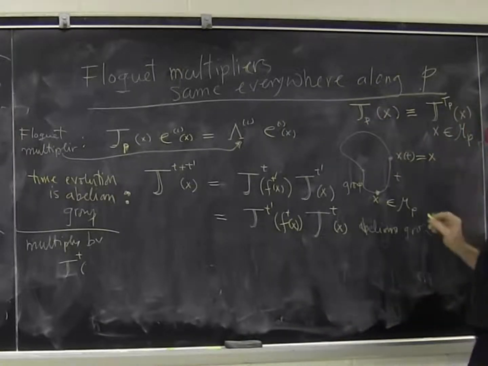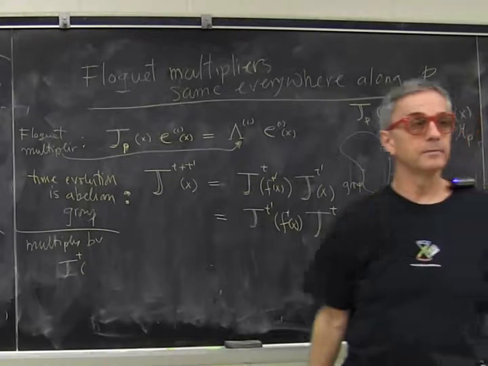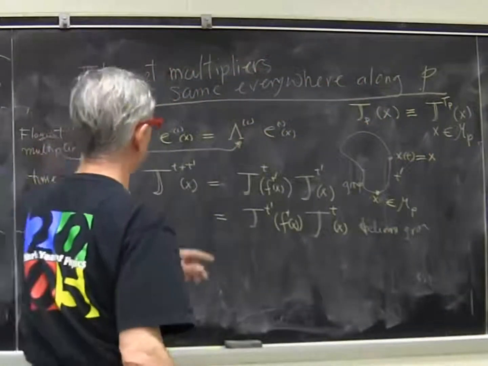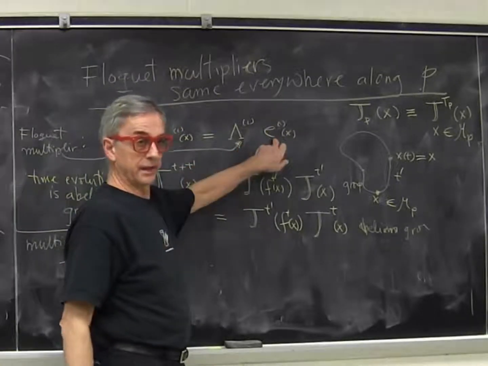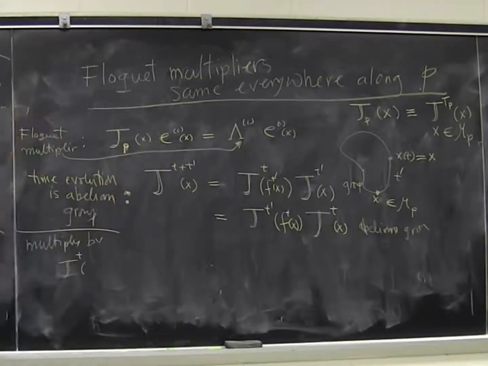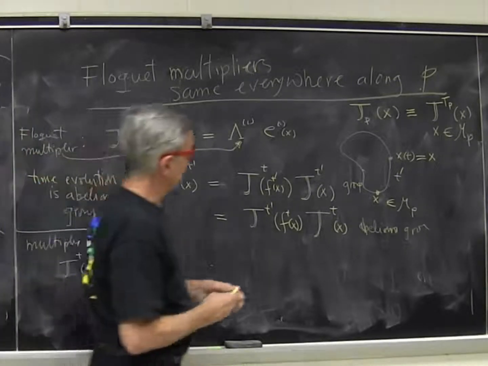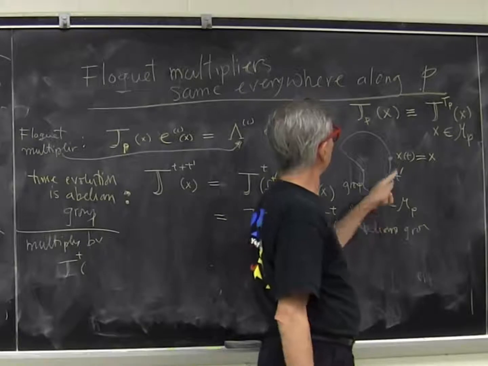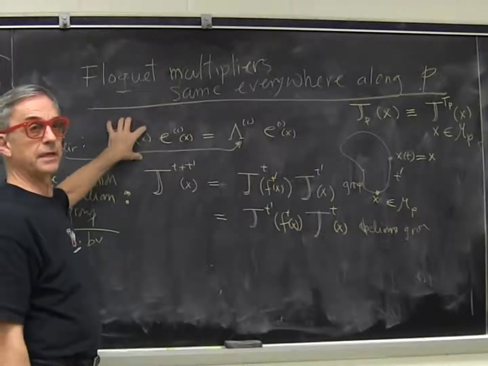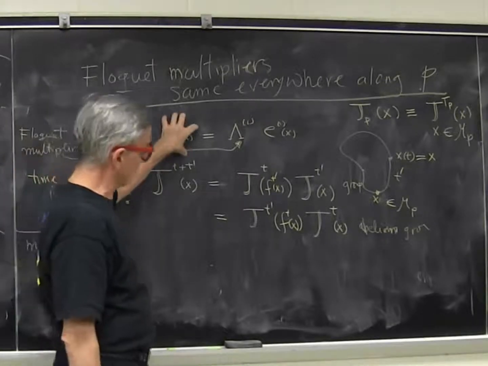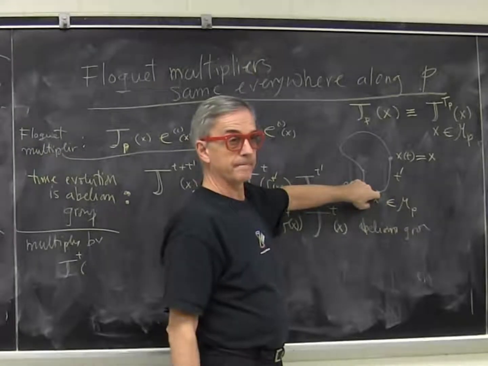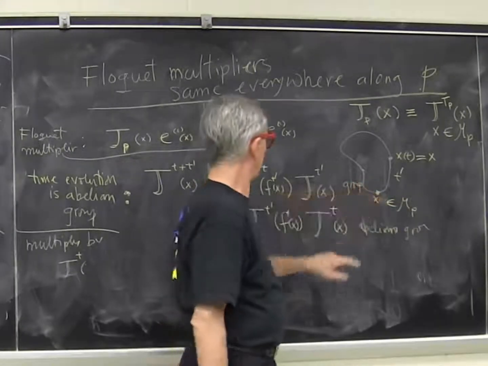Sorry, can I have one question? It's a question about notation. The e_i is the vector that is tangent to the flow at the point x. This one? Yes, this is a matrix. We evaluated it at the point x on the periodic orbit. At that point, the matrix is a bunch of values, d by d values, and it has an eigenvector which is computed at that point. Right, which should be the tangent vector to the flow.